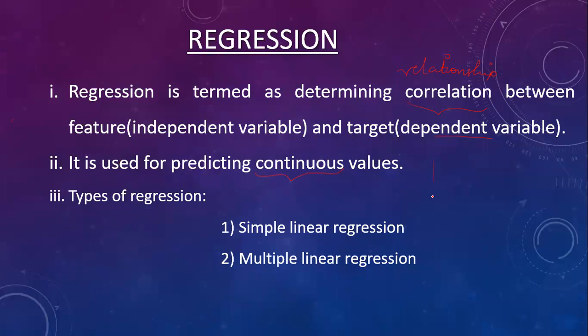So if you see, we have weather data, and in that we had 4 columns: overcast, outlook, that way. And in the target column, we have to find whether a player will play or not play. So this is the target. If this is the case, you have to use classification.